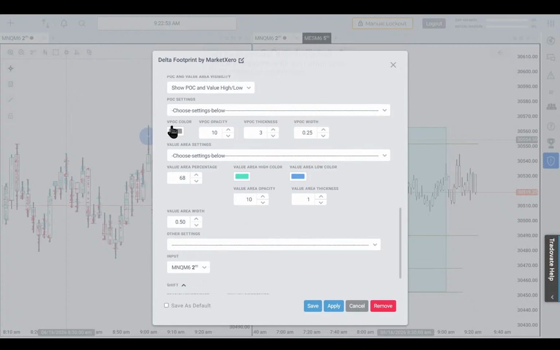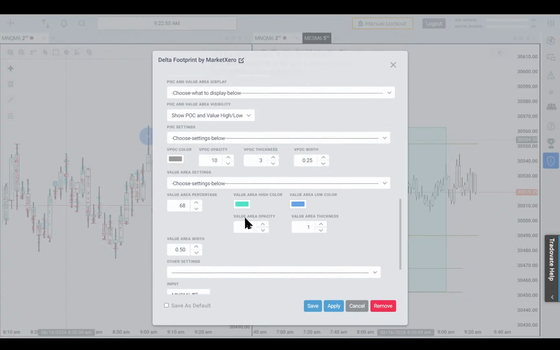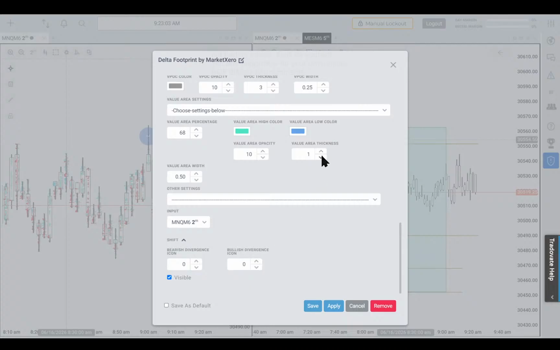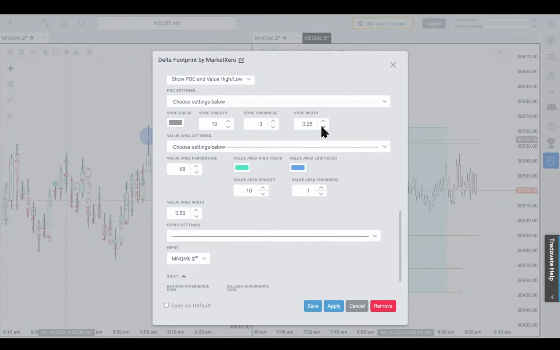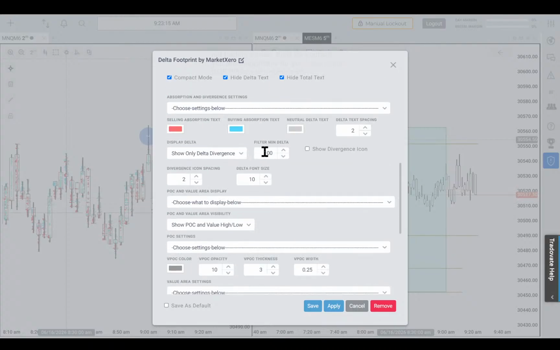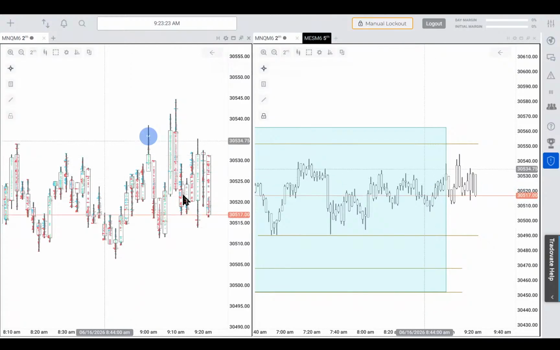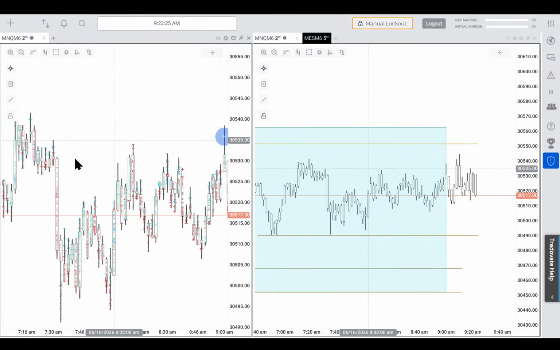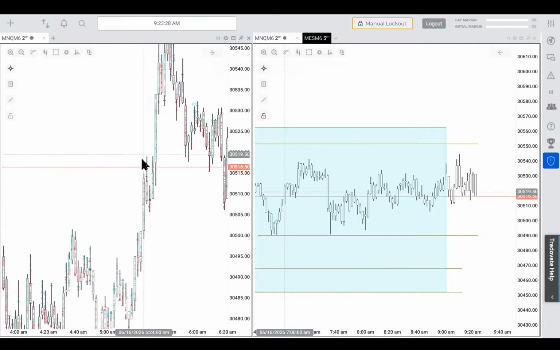And then I changed the color of VPOC. I did not change the color for the value area because it's hollow, see-through at 10 here. And I made it as small as possible with this number here and this number here, and thickness at 3. I mean, at see-through at 10 it's fine. So basically, I only see a number bigger than 10, yeah, that's what we have. And that's why we don't have any numbers here, but maybe we'll see numbers if we scroll back.